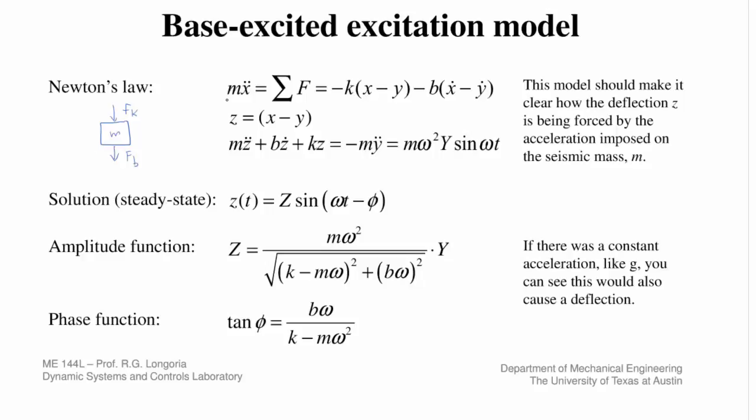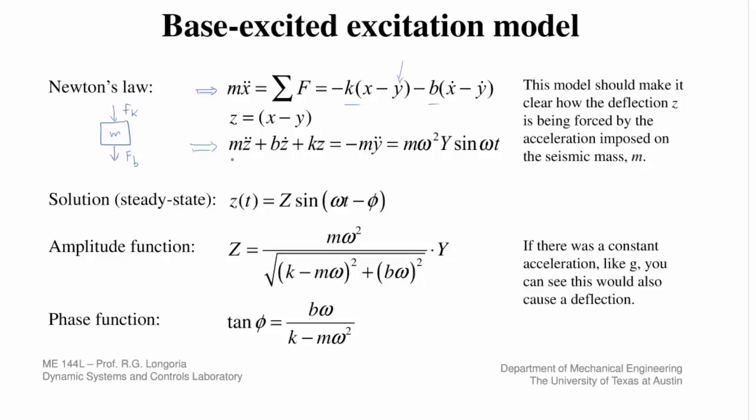And so you'd say that the rate of change of momentum, or m x double dot, is the net forces. Note I'm leaving out gravitational force, which could be in here, but in general we'll just leave it out. And then we have the spring force and a damping force. Note that those are functions of the differences in the motion between the input and the motion of the mass. I'll let you go through this, but at the end of the day, what you find is you've got